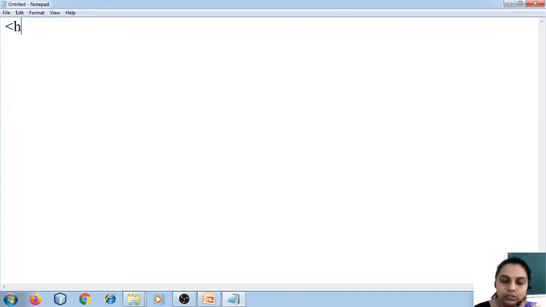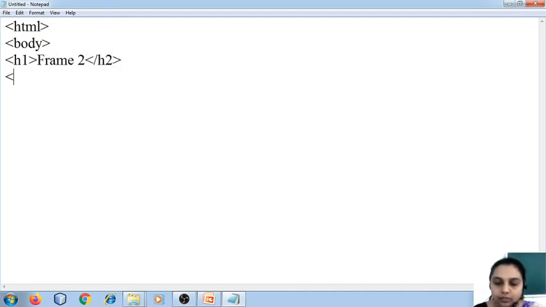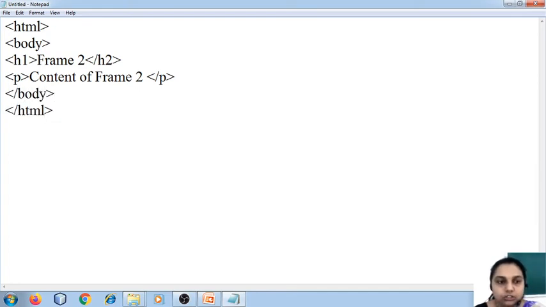New, body, h1, frame 2, close the heading tag. So this is my frames2.html.